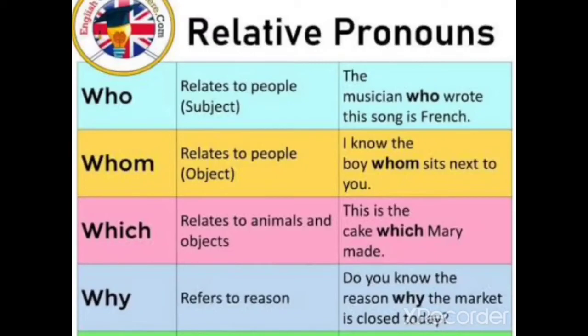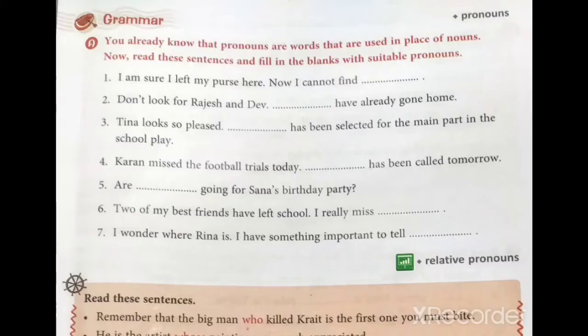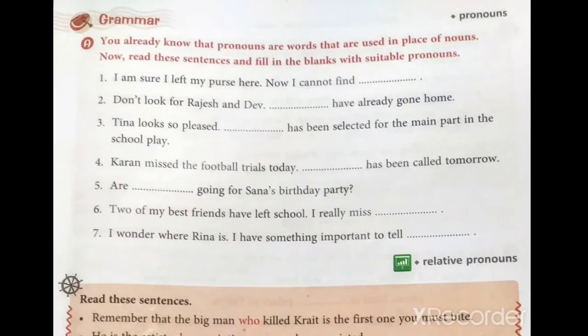Now move on to the worksheet, that is the assignment area now. Children, look at this exercise. This is the exercise for the grammar part, pronoun, from page number 23 in your second prose, Rikki-Tikki-Tavi. Look at the exercise for the pronoun.